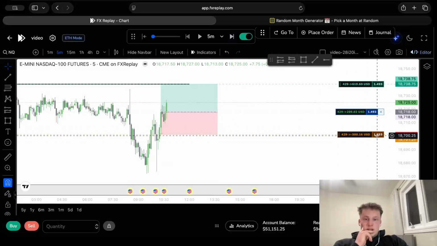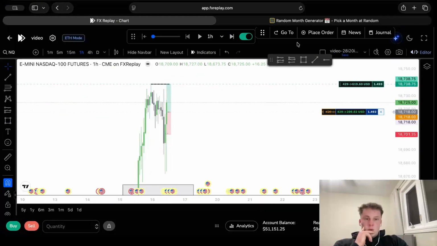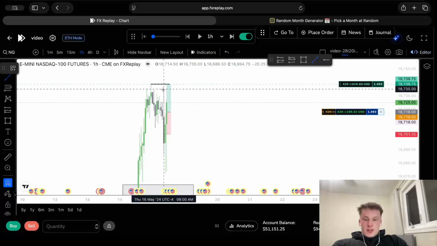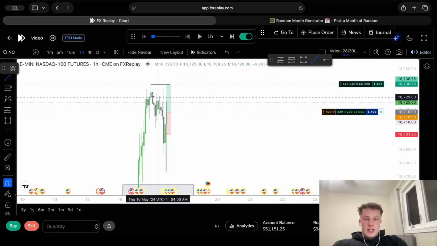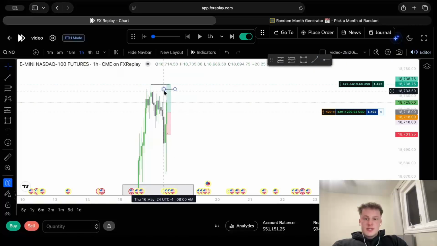I'm going to go break even because honestly, this is a rejection wick. I just realized we do have a bunch of rejection wicks. I don't want to risk on a trade where, I understand we're at all-time highs, but even targeting here is a little fried since this is a rejection.